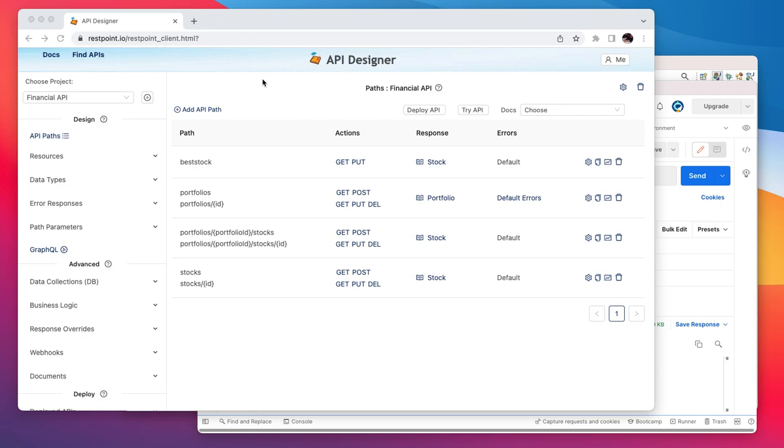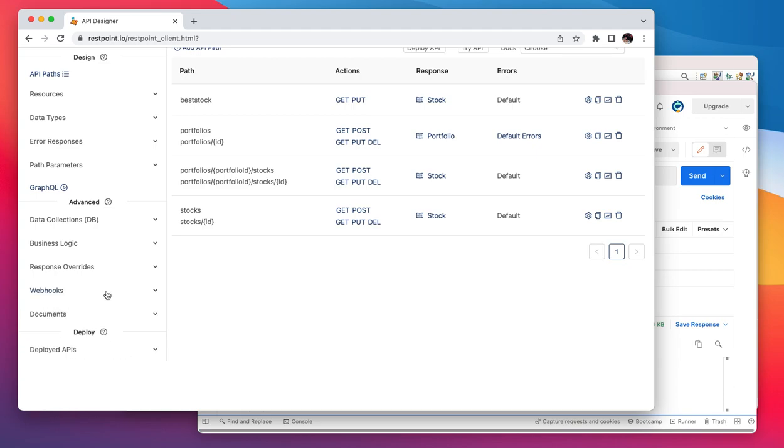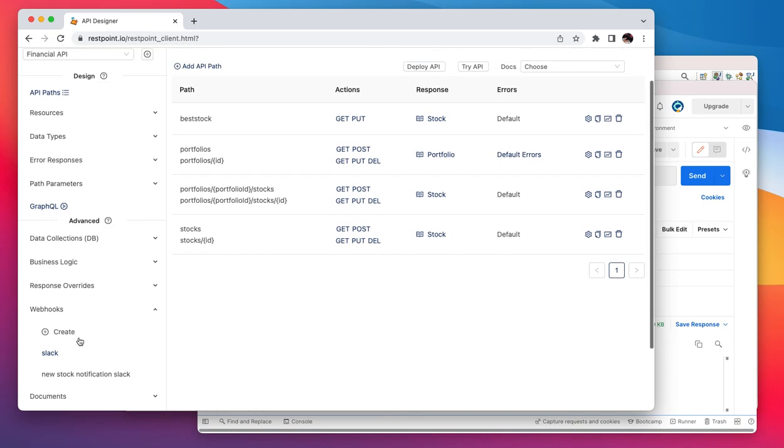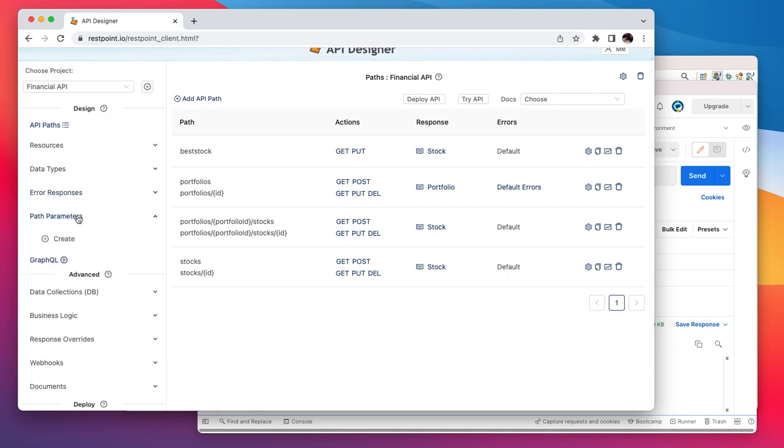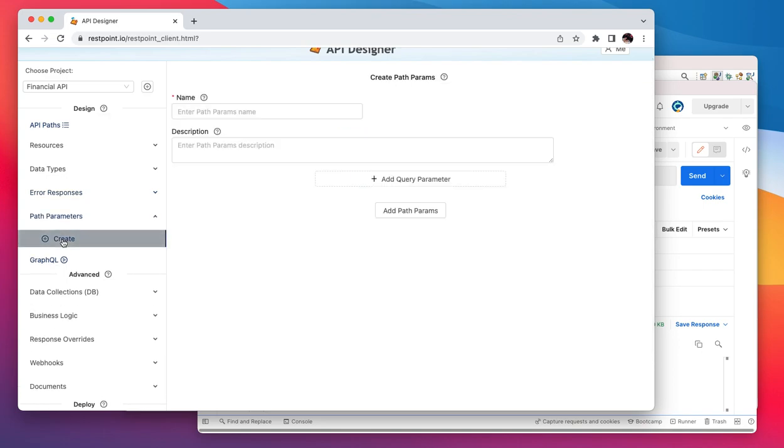Demo of RESTpoint. In our last demo, we showed how you can use webhooks to send a Slack notification, and we sent a Slack notification each time a new stock was added to our collection. This time we're going to take a look at path parameters, more commonly known as query parameters. So we're going to start with creating a query parameter, and for now we're going to call this a device,